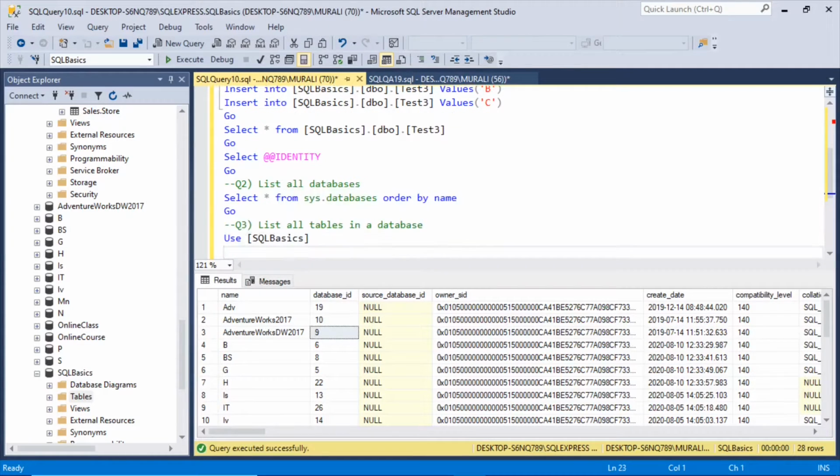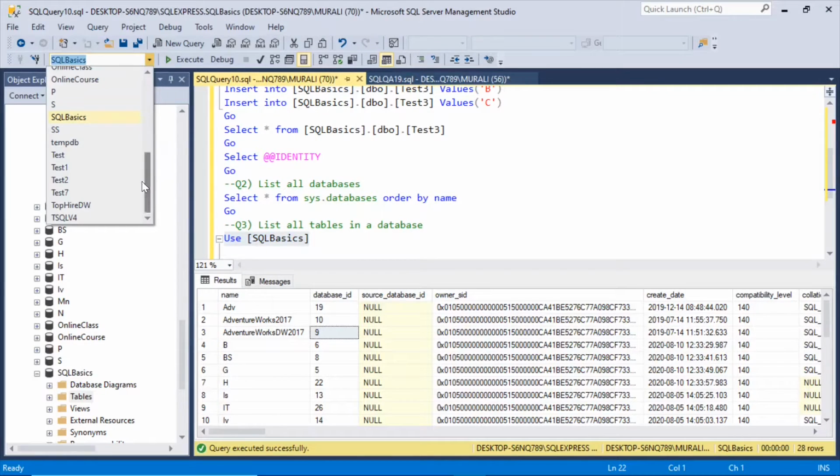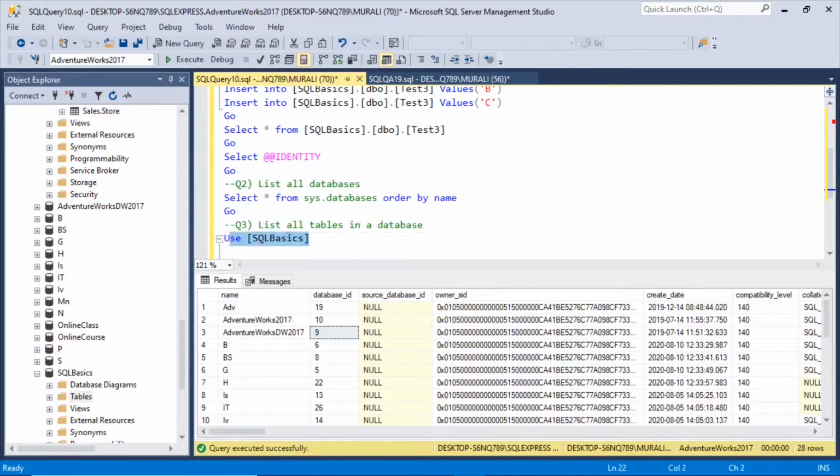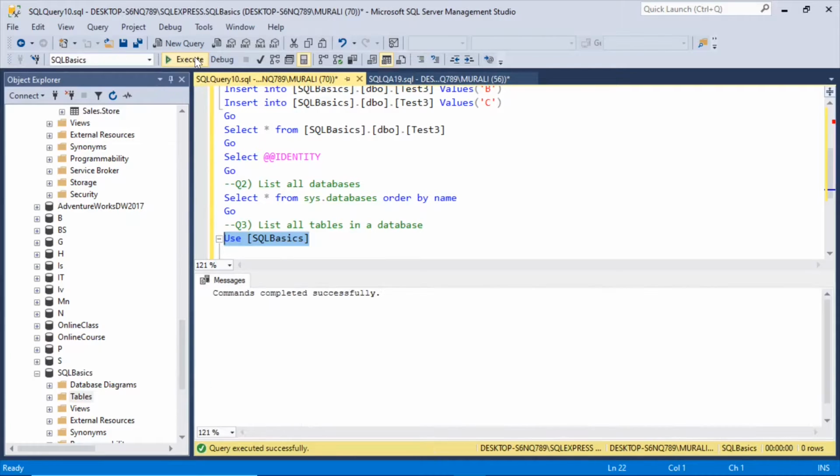Use SQL basics means we are selecting the SQL basics database. Suppose we are somewhere in Adventure Works 2017. Now I say use SQL basics. We shifted to SQL basics. That's how we can use the SQL basics